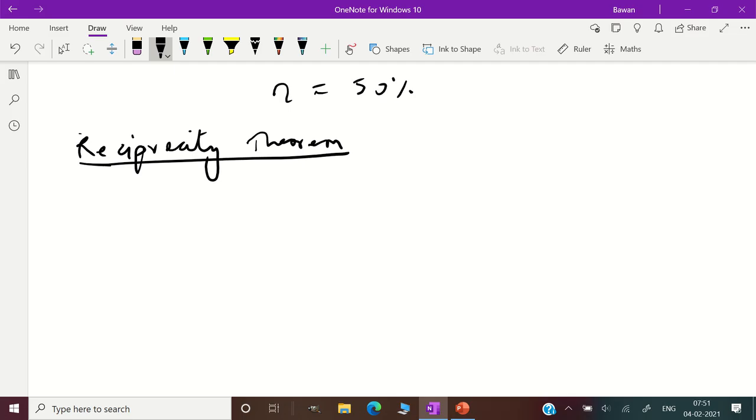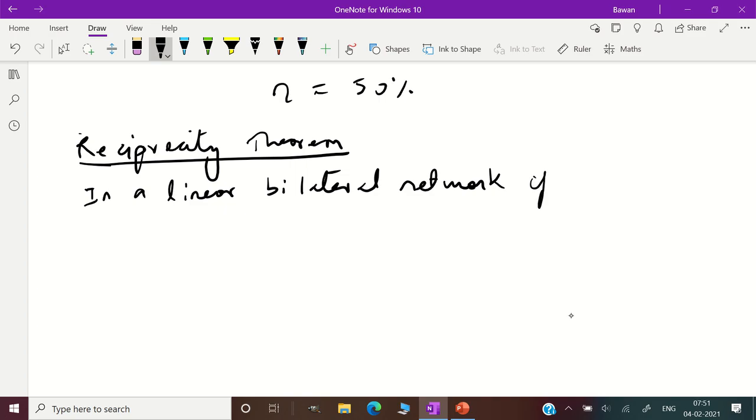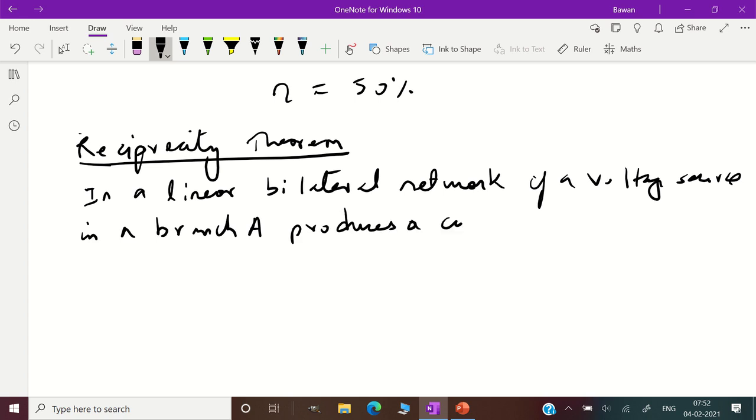It says that in a linear bilateral network, if a voltage source in a branch A produces a current I in any branch B,